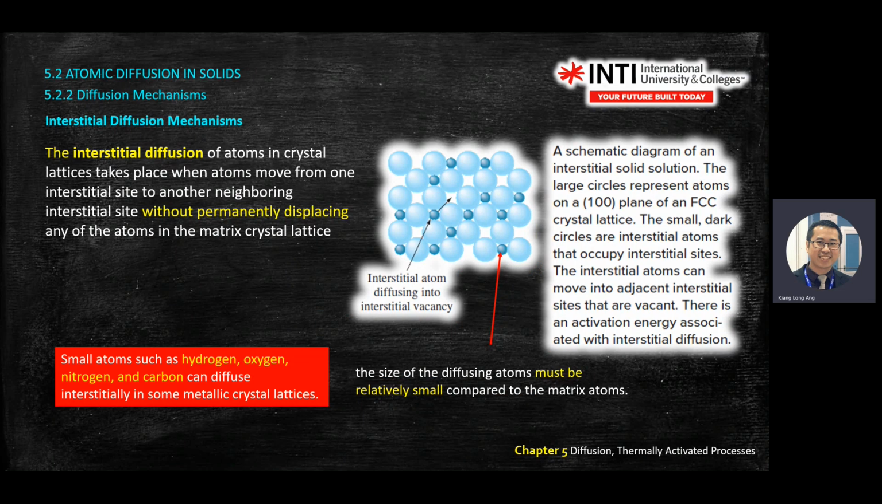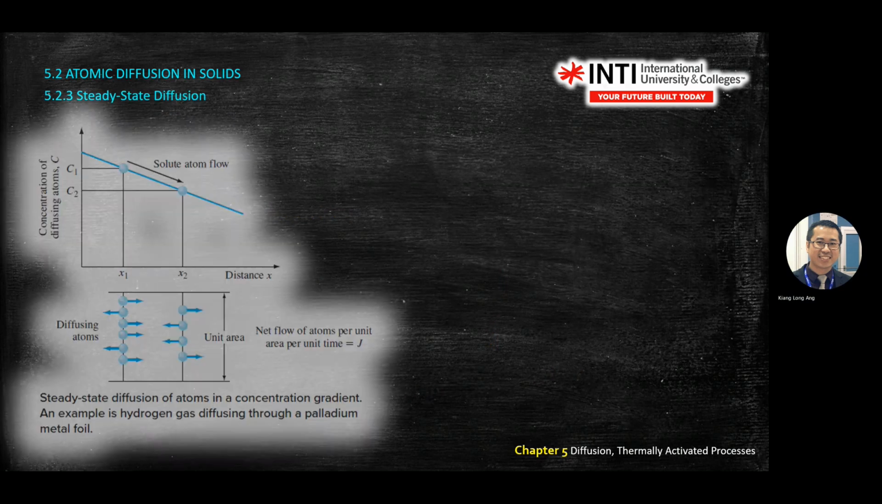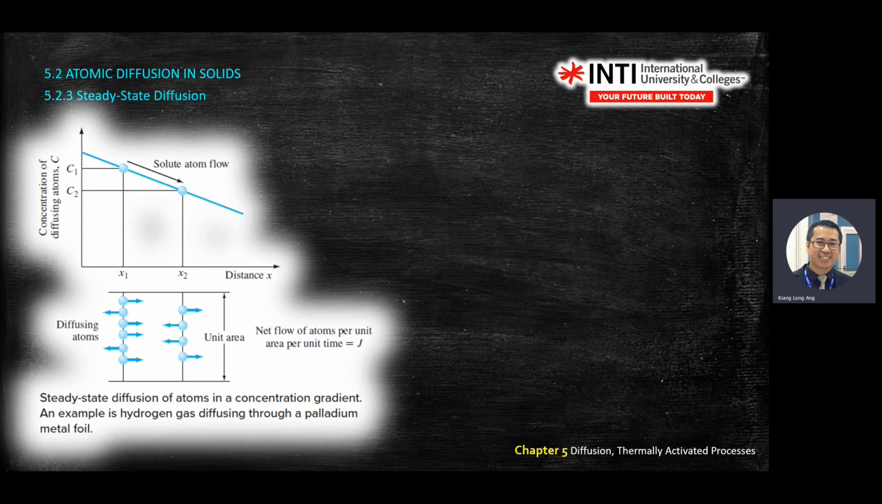Okay, we have covered the diffusion mechanisms. There are two: one is the substitution mechanism, and the other is called the interstitial diffusion mechanism. We will look into atomic diffusion in solids. Now we look into steady state diffusion. Steady state diffusion means we have a controlled